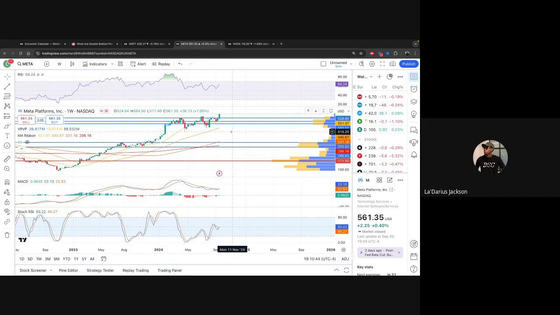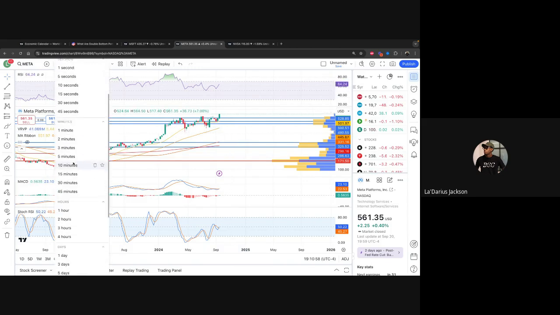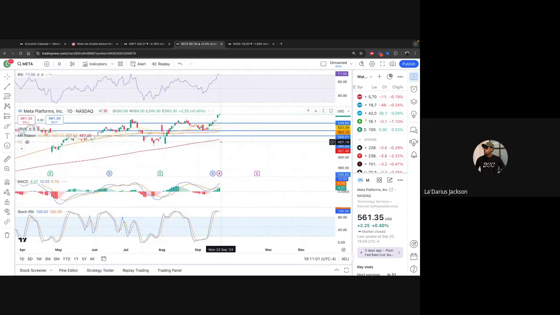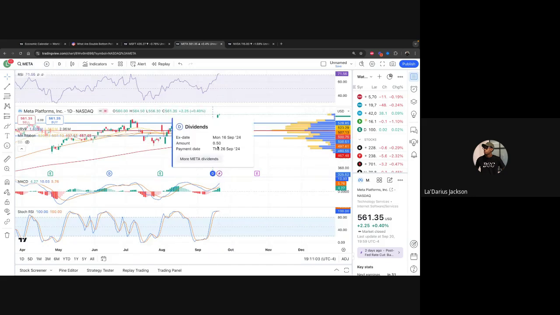valuation wise, Meta should be a $700 to $725 company if it was valued as high as some of these other top 10 companies in the SPY. But right now, again, I think that Meta is on sale. Meta also pays a dividend. It's not that they just started paying dividends, not that big of a dividend, but it pays 50 cents per share. It's nothing, of course, when you're looking at a $500 stock, but if we're thinking 10, 15 years down